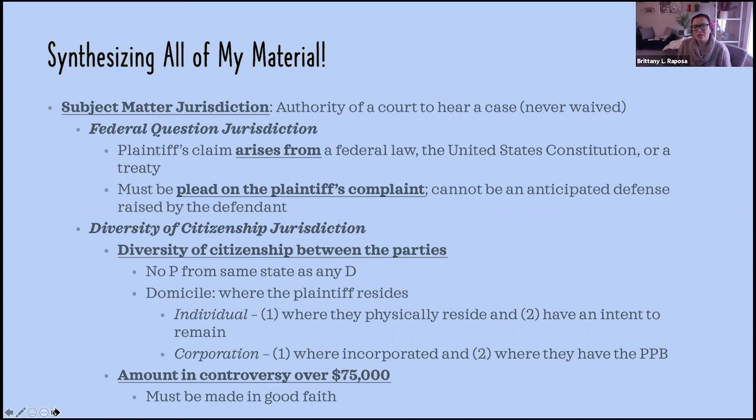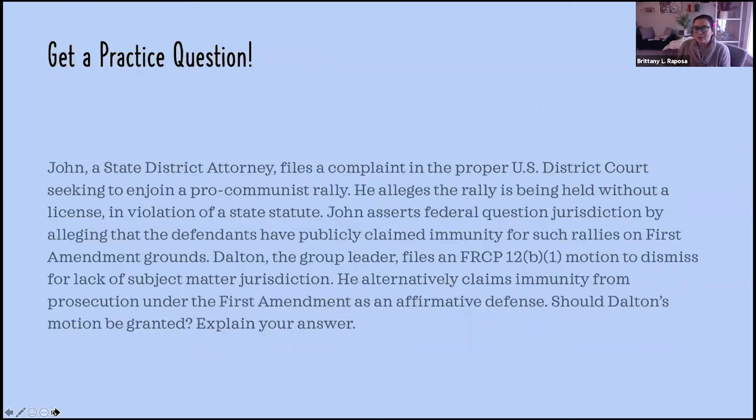I've got the two components of subject matter jurisdiction, and my outline is now complete and up to date up to finishing subject matter jurisdiction. And then I want to do a practice question. So I found this short answer question that my professor gave us, and I want to be able to answer this like I would if it was a short answer exam